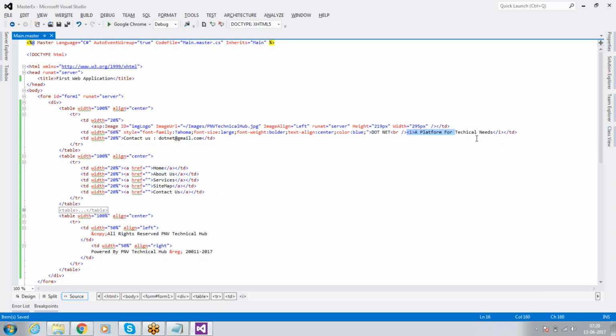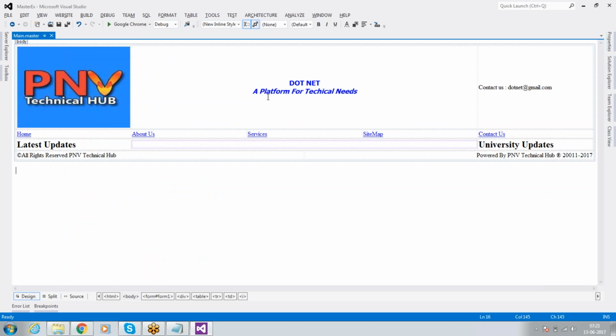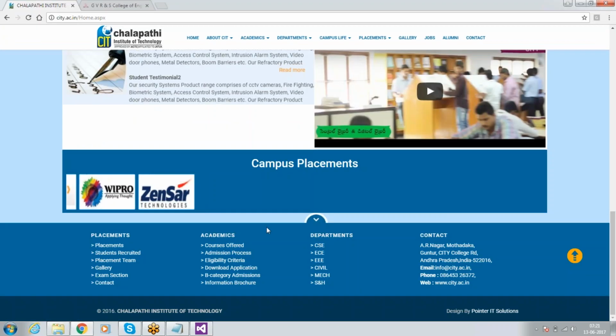This tag is nothing but, so we have a font italic, right? In italic font we'll write some information here itself. So what are the information that is provided within the italic tag? That font will be changed to italic mode. See, so it is changed in italic mode. So I provided some caption type of thing, a platform from technical needs. So likewise,